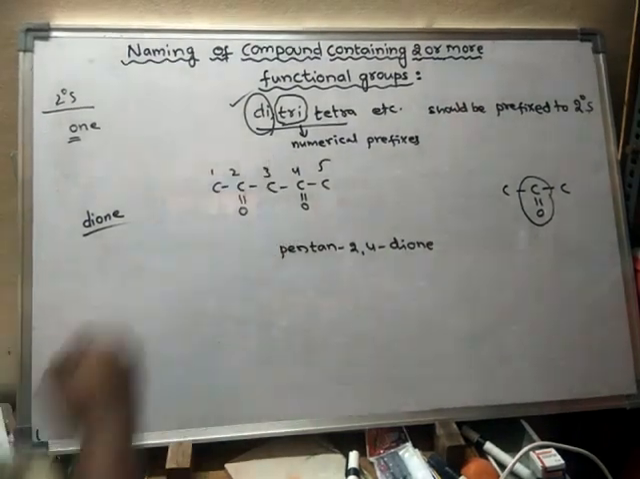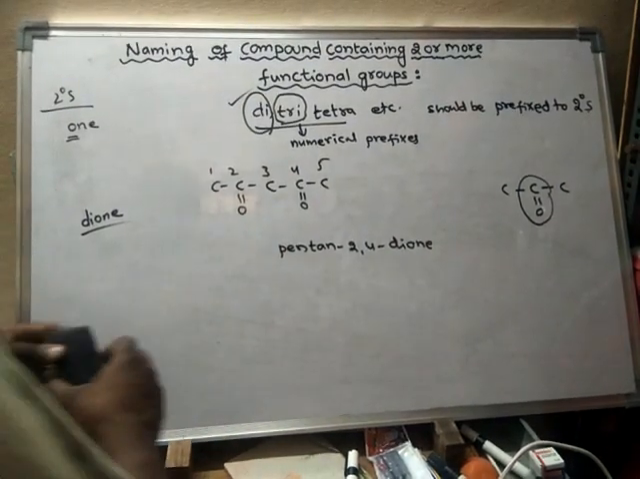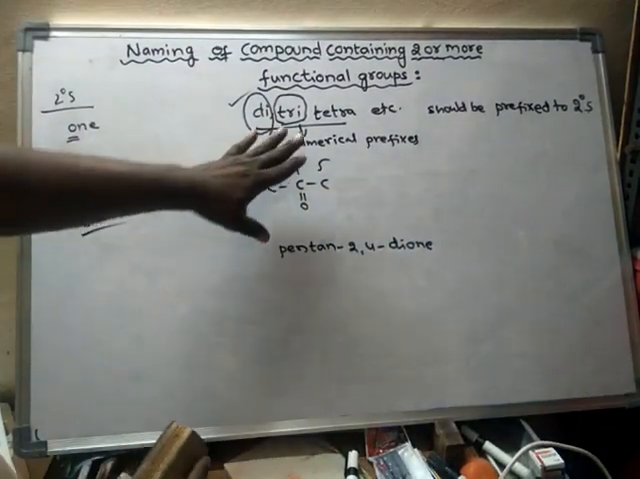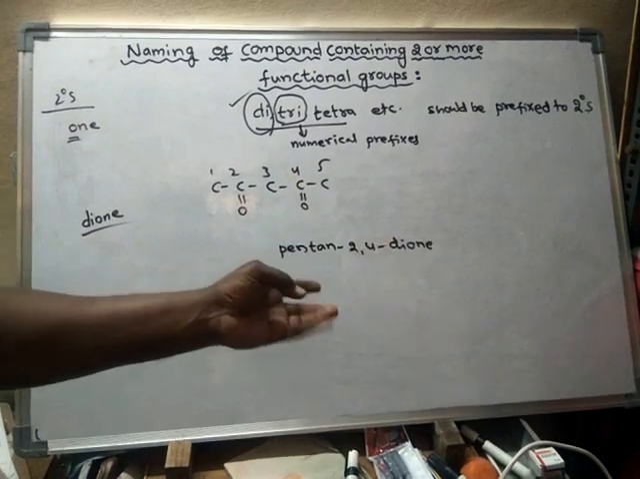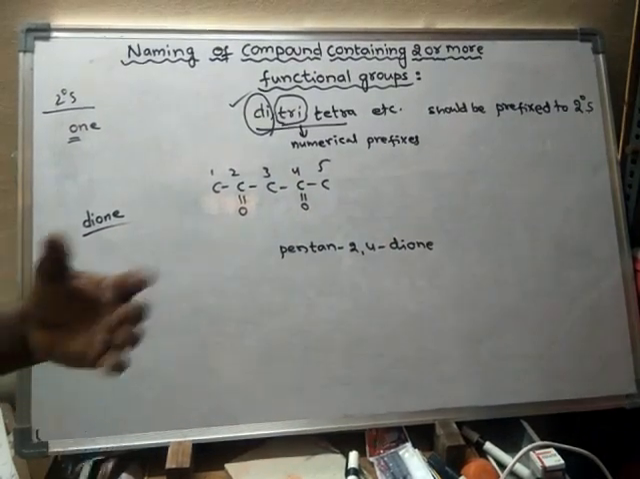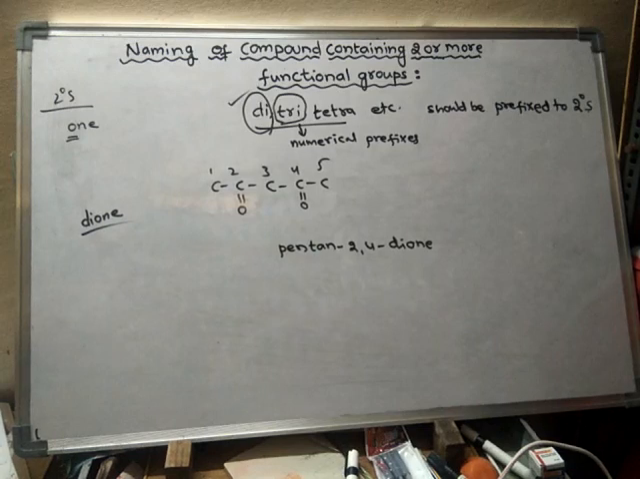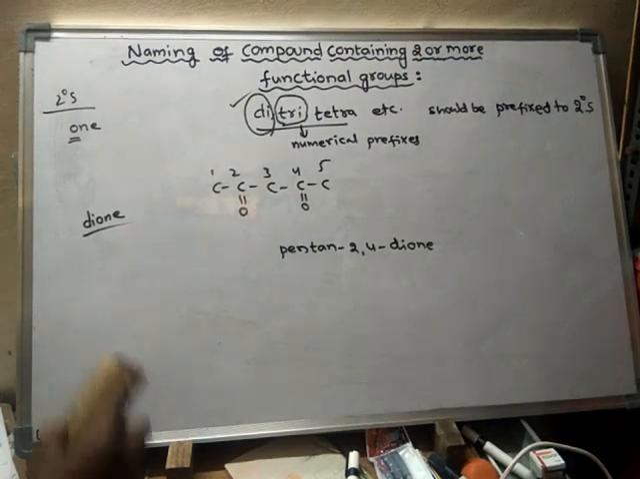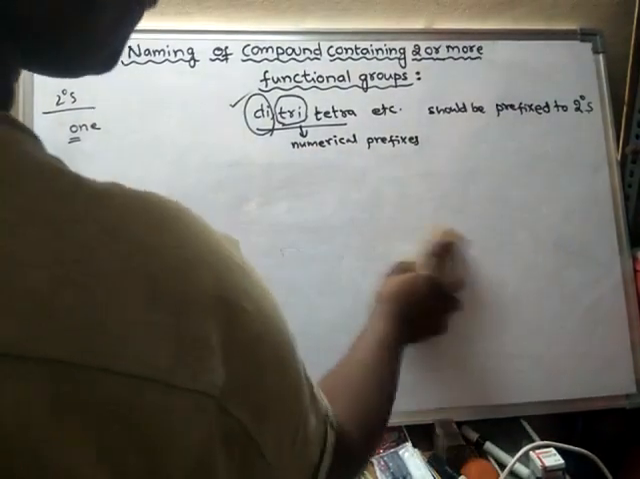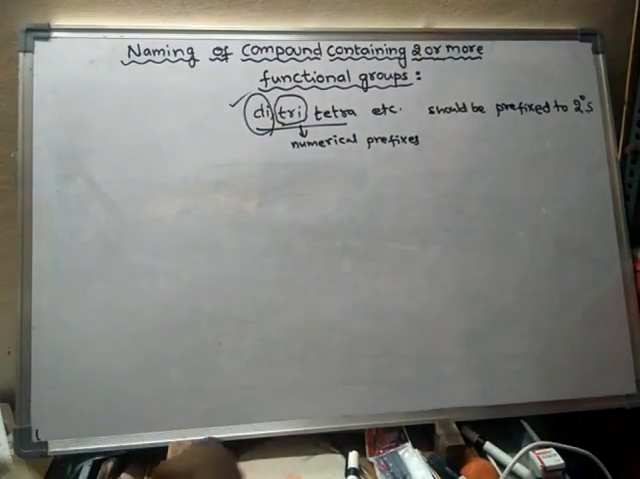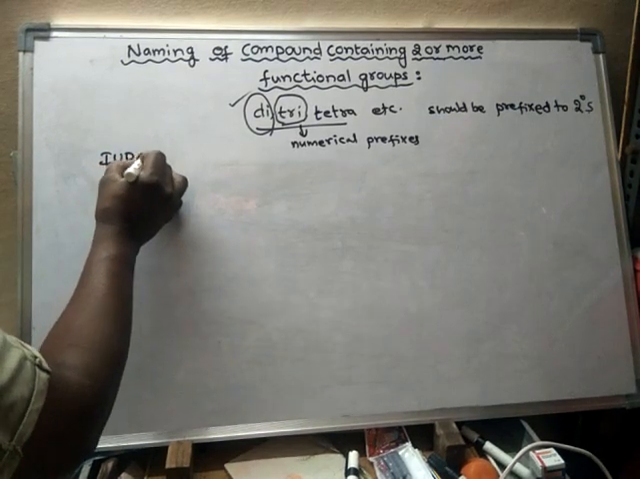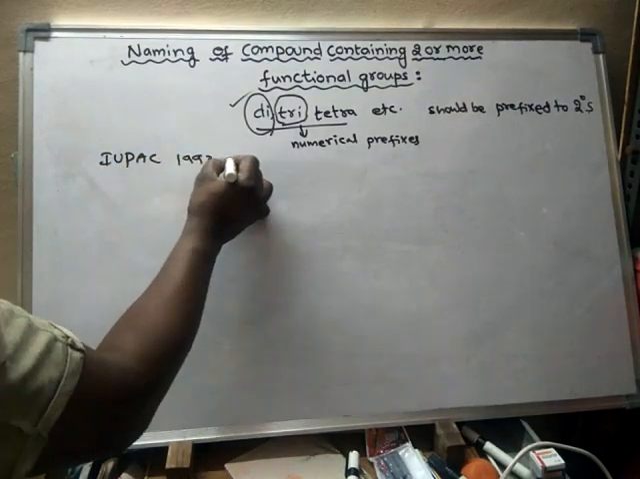Suppose there are more than 2 chain terminating functional groups. So far we have learnt about alcohols and ketones only. But if chain terminating functional groups are repeated more than 2 times, what happens? For that, IUPAC has given a recommendation. The IUPAC 1993 recommendation says that